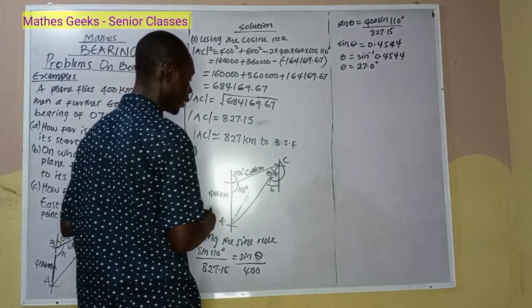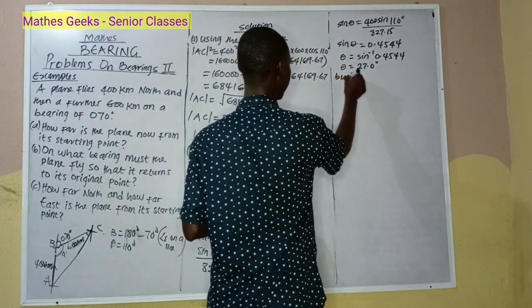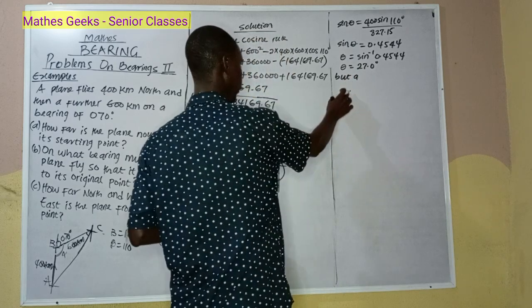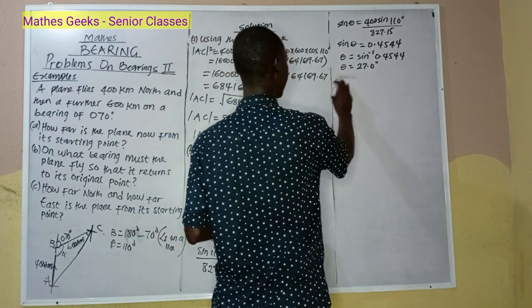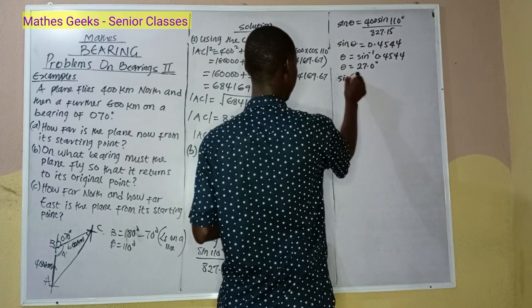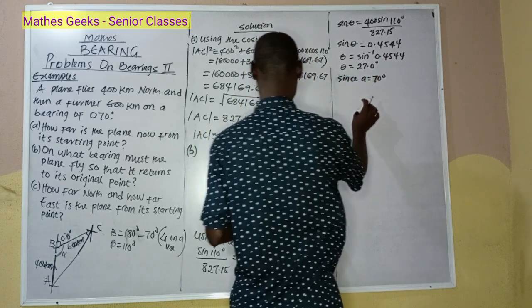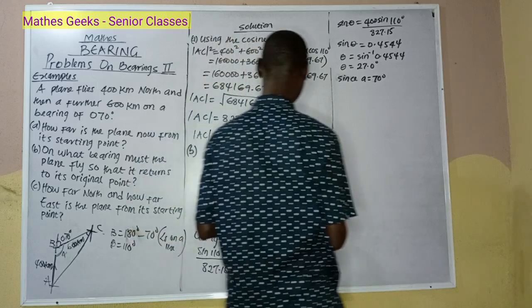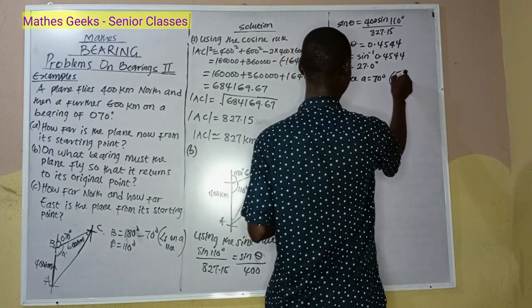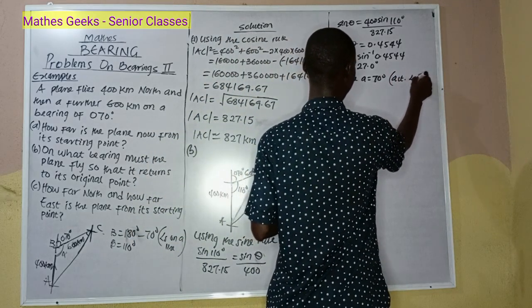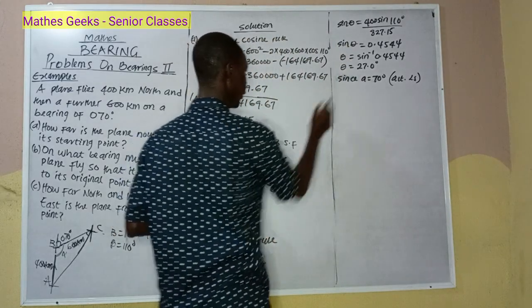So since A is equal to 70 degrees, using alternate angles,